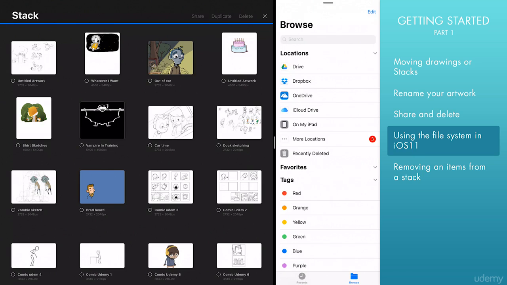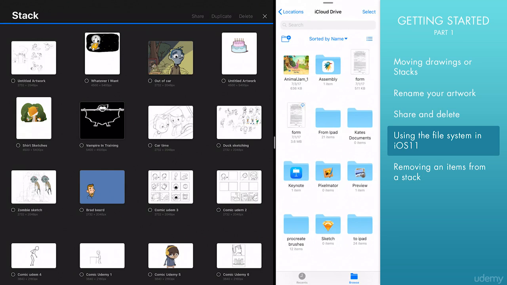Now what this lets me do is it lets me save anywhere I want. Now I have Google Drive, I have Dropbox, I have OneDrive, I have iCloud. This allows me to access my files on my desktop computer or to back them up in case I want to do something to my iPad, and then I can pull them up either on this iPad or another iPad later on. So what I'm going to do is I'm going to tap on iCloud Drive,